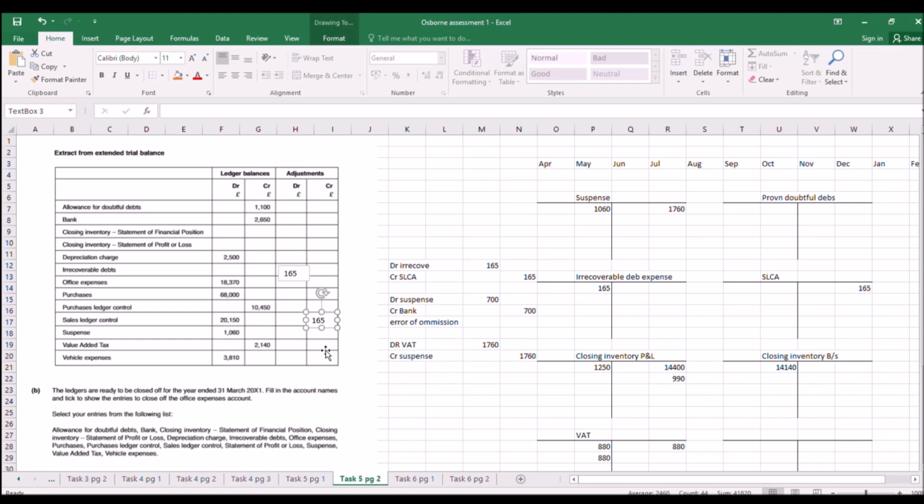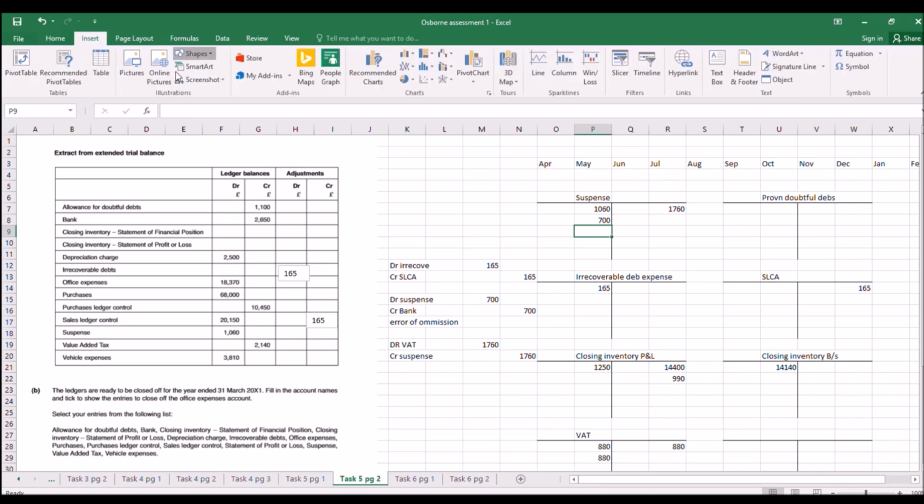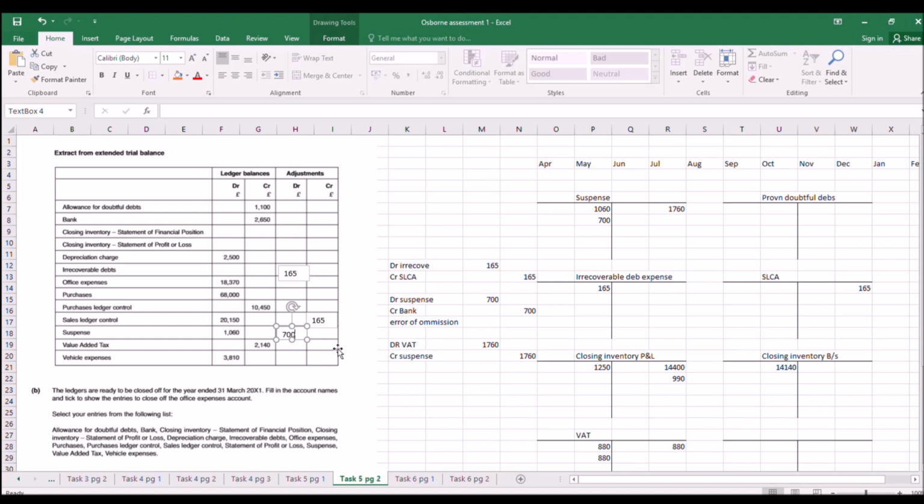We've got a figure going into our suspense account. So let's put that in there as well. Make sure that we can. So we've got our suspense account here. Debit our suspense account 700. And now that's going to go into, where do we put that? It was bank, wasn't it? Bank was credit the bank 700,